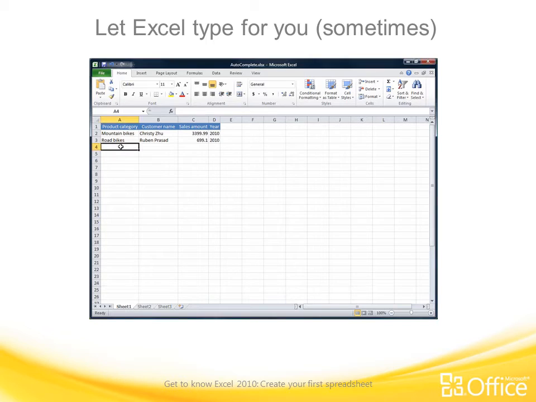I'll place the cursor in cell A4, and the next product I want to type is road bikes. I'll type R, and the highlighted text is what Excel entered for me, guessing that after the R I wanted to type road bikes. Since that's correct, I'll press the Tab key, and now I'll type the customer's name, Abigail Henderson. Her name looks just slightly too long for the width of this column, and I'll fix the column width in just a bit. Now I'll type in the amount,